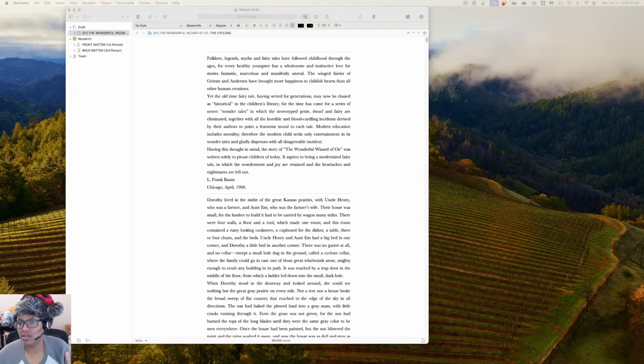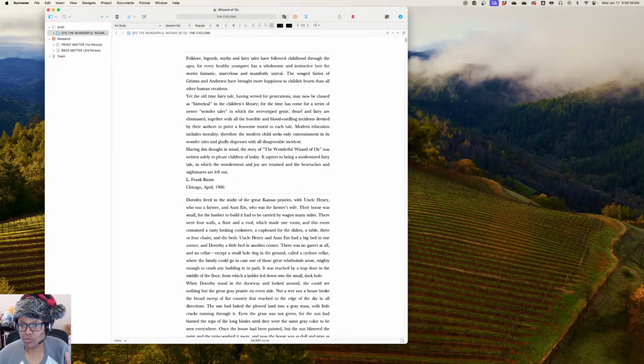So I took the first book of The Wizard of Oz. This is The Wonderful Wizard of Oz. I just put it on its own separate Scrivener file. Now, I use Scrivener to write all the stories that went into the book that I published, and I would